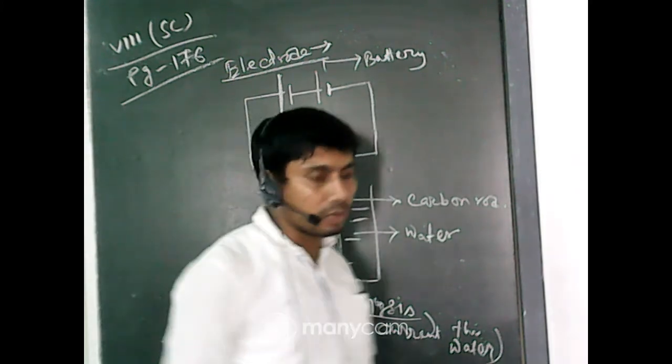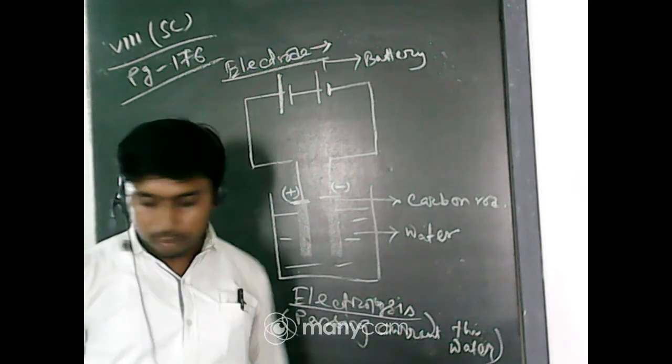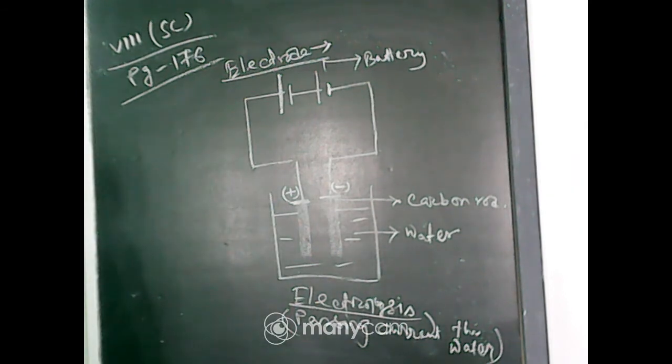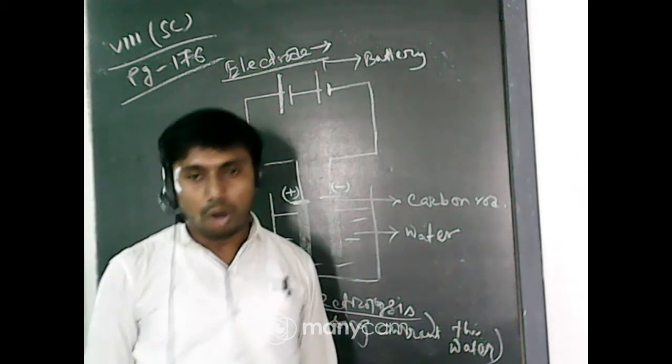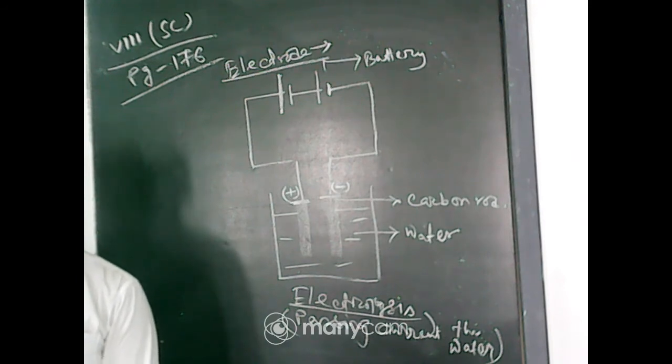Now you have to remember what the electrolysis products are. An electrode is a conductor that carries electric current into a non-metallic solid, liquid or gas. Here the electrode is the material or substance which passes the electricity to the solution or the liquid.